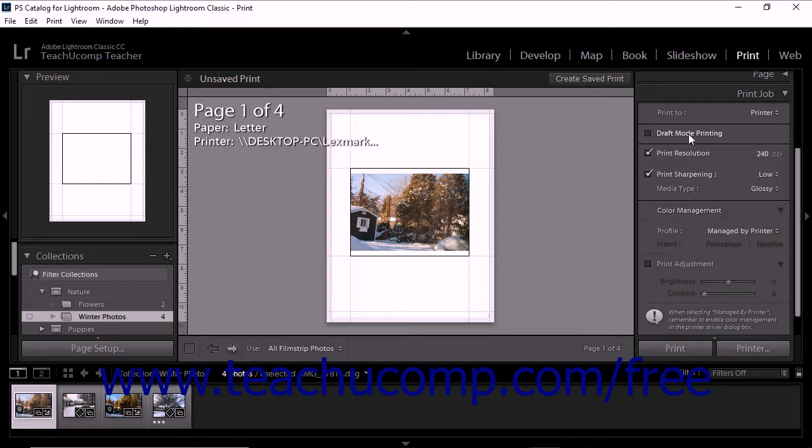Checking the Draft Mode Printing checkbox in the Print Job panel lets you use cached photo previews when printing. Although Draft Mode lets you print contact sheets and photos quickly, the print quality of photos produced in Draft Mode can vary. Additionally, sharpening and color management options are not available when using Draft Mode printing. Working in Draft Mode is helpful for printing a quick draft image of a layout, but is not likely to